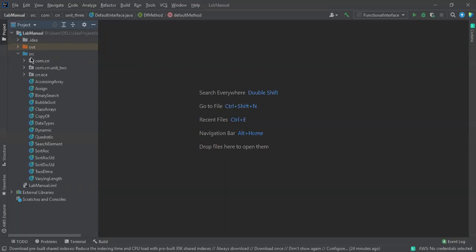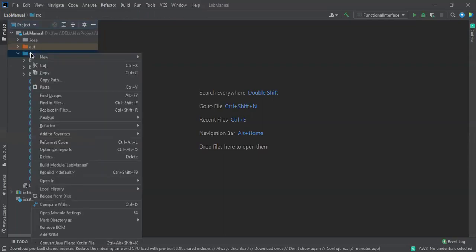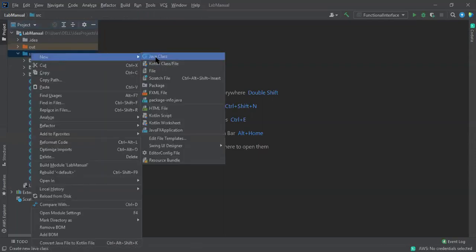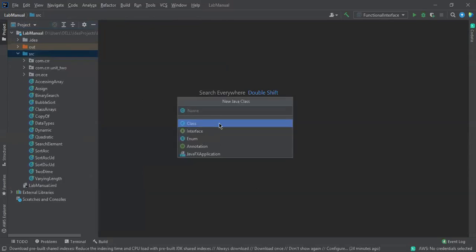So what we discussed over there, inside an ECE folder, I created example.java. Similarly, this is the source folder. Inside this, I'm going to create a Java file. The name of the file will be example. And you have to select one of the options. This is the class one. Interface is a concept available inside the third unit, I think. We are going to discuss this one and this one later.